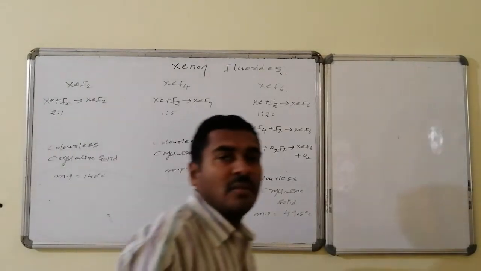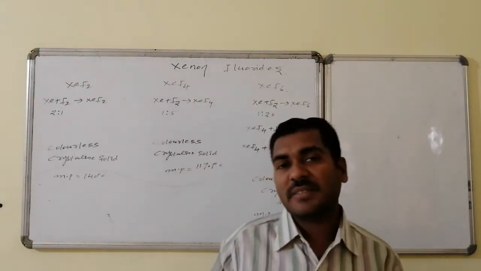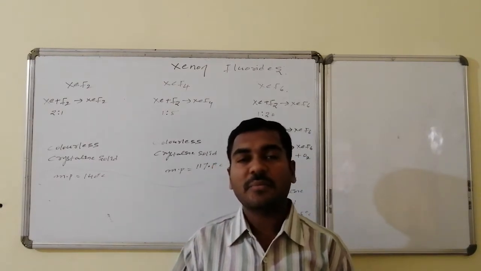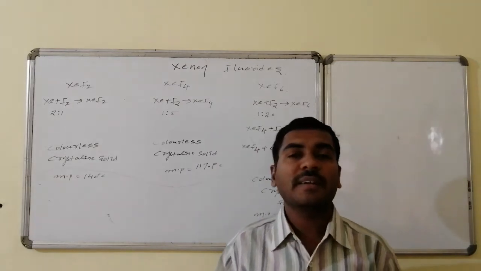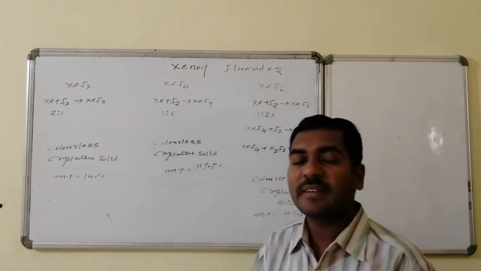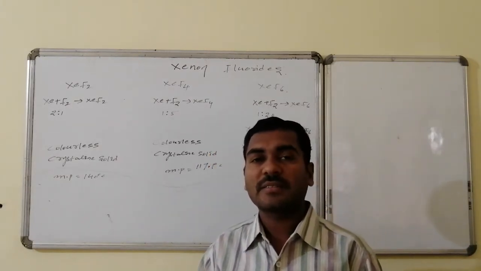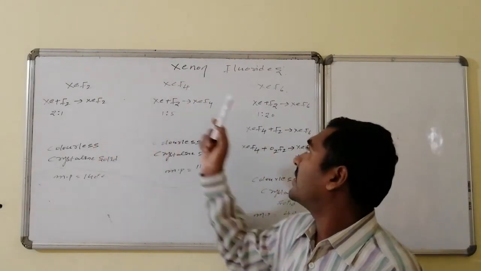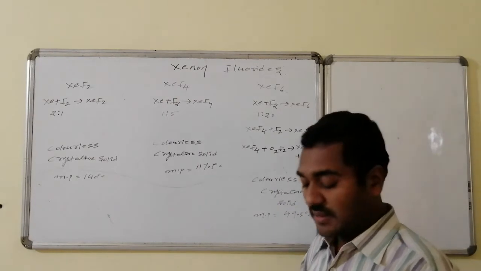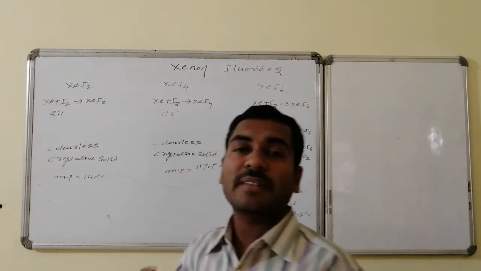Welcome friends. Let us go for the next part of discussion related to the xenon compounds, especially noble gas compounds. Xenon fluorides. The varieties of xenon fluorides are as we made the discussion, and their corresponding structure, hybridization, geometries: xenon difluoride, xenon tetrafluoride and xenon hexafluoride. Xenon difluoride is having 3 lone pairs,